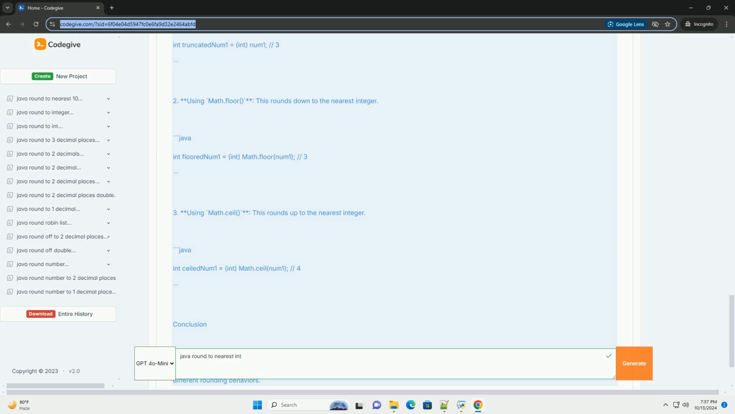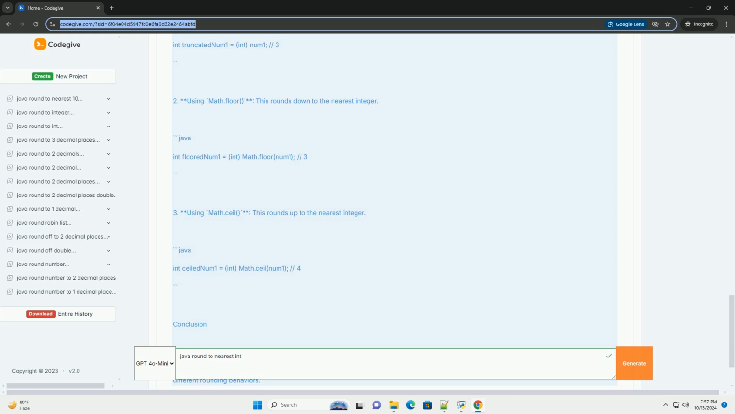Example code. Here's an example of using Math.round to round floating point numbers to the nearest integer. Output. When you run the above code, the output will be